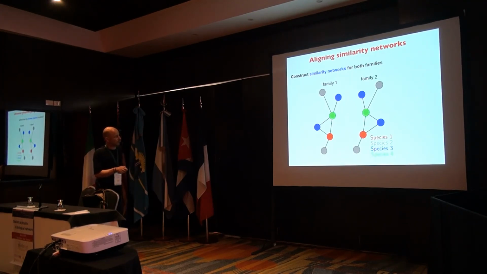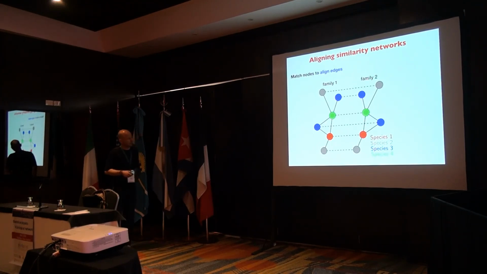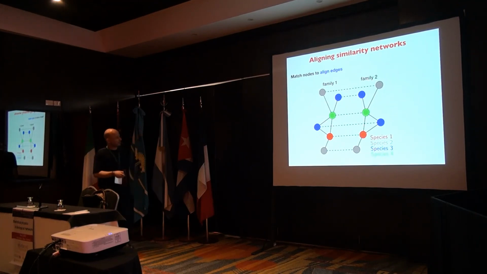that we construct similarity networks. So now we have different species, and for instance, this green one in one species is similar to this blue one on this blue one, but it's not similar to this gray one. So these are big networks. And then we try to align them. So we try to align them in a sense that, for instance, here this green one, there's only one green one and one green one, so we have to match them in our matching procedure. But then, for instance, look in the gray family, this gray is similar to this green one, this gray is similar to this green one, so better to match this gray to this gray than this gray to this gray.